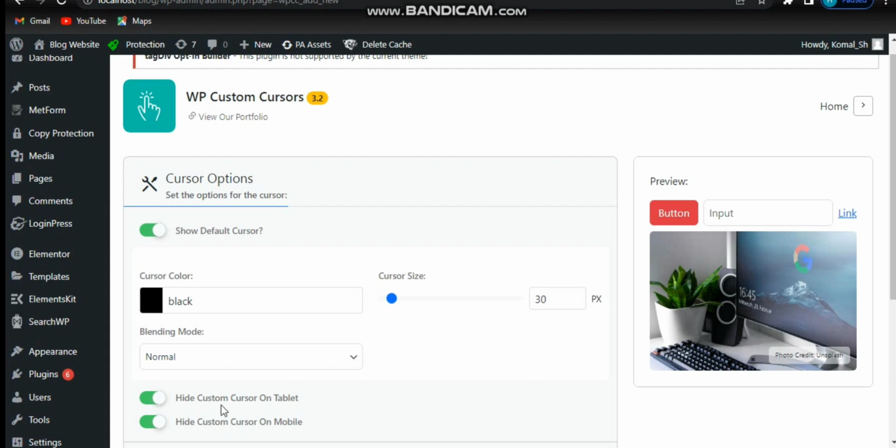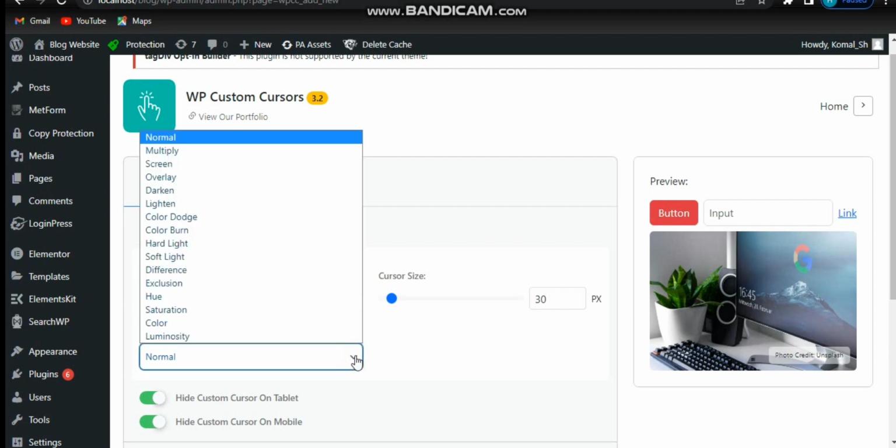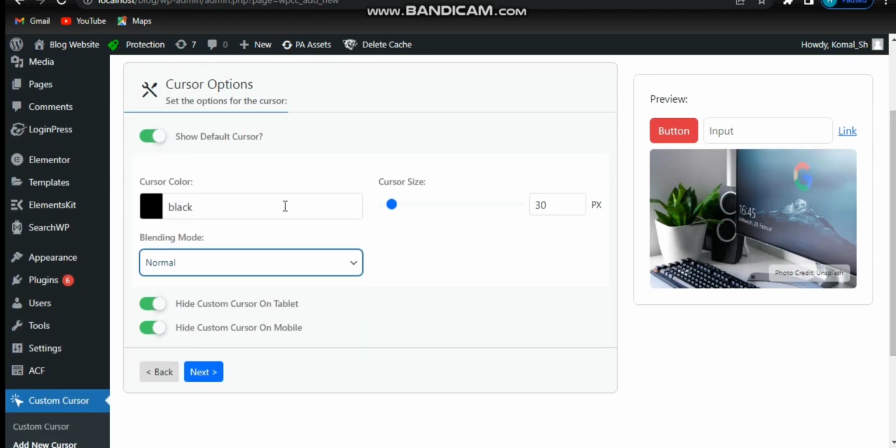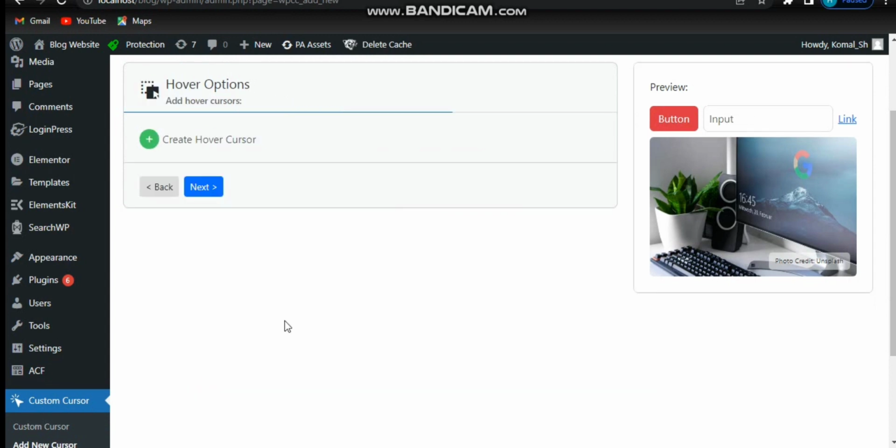And from here you can control things like hiding the custom cursor on tablet and mobile. And from here, blending mode and cursor size. All these changes are fine for me. Let's see how my cursor will look, and it is pretty good. So click on Next,